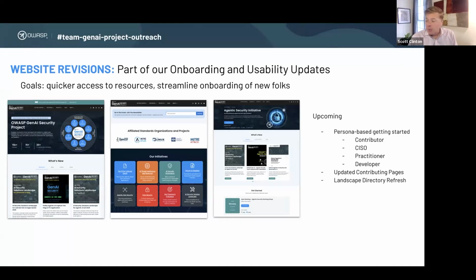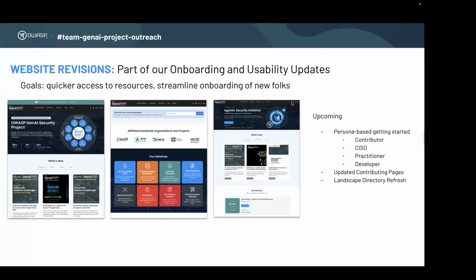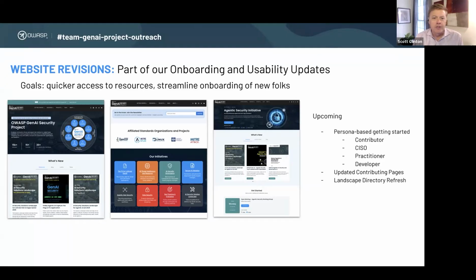Okay. Yeah, and part of it is also for us to make sure that we're improving the experience and getting people onboarded and finding things more quickly. One piece of feedback we had was that people were looking to find stuff, and we wanted to make it front and center. So the web team has done a great job giving us that fresher look and feel, as well as helping us get to resources right away. When people come to the website, they don't have to go very far, and they know what the new resources are right off the bat.